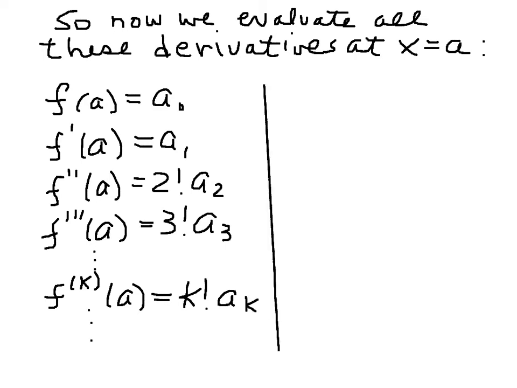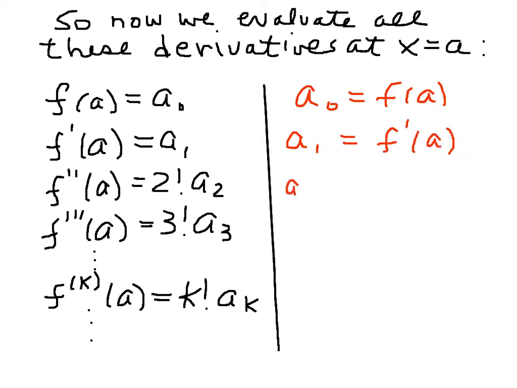Now, if you remember from what we said at the beginning, the whole point is learning what those coefficients are. So we'll work backwards here. A sub naught is f of a. A sub 1 is f prime of a. A sub 2 is the second derivative evaluated at a over 2 factorial. And that pattern continues, and here's the big deal. The kth derivative,